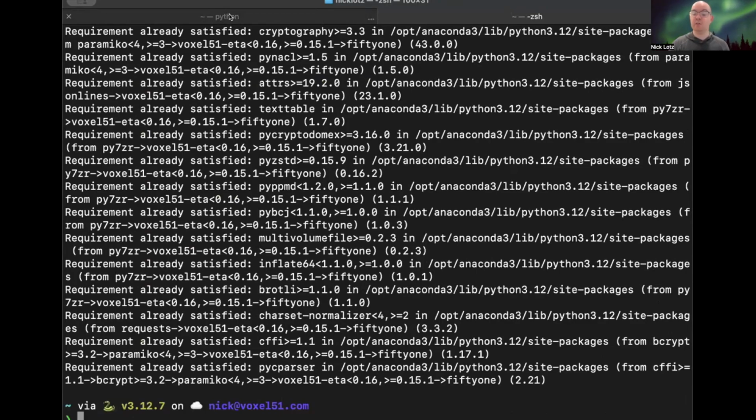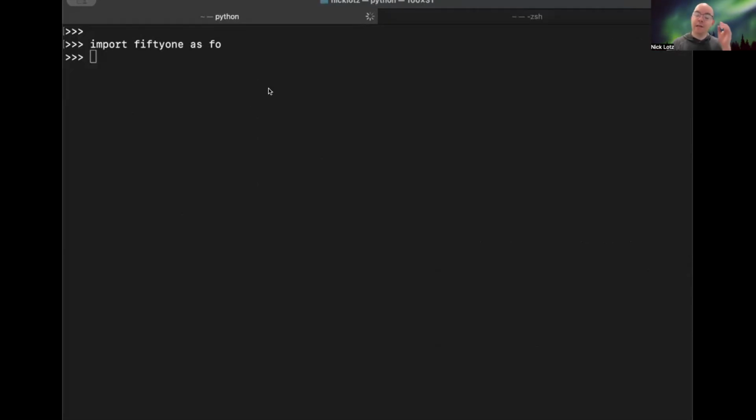And then you can start using, sorry, let me go to the other part of my terminal here, you can start using the SDK directly within Python as Python scripts, as Python methods. It's a fully documented API. You can learn more at docs.voxel51.com. But just to show you a very, very quick example,